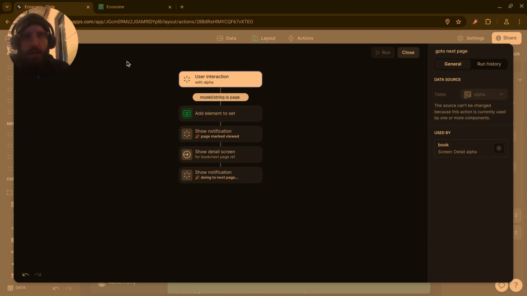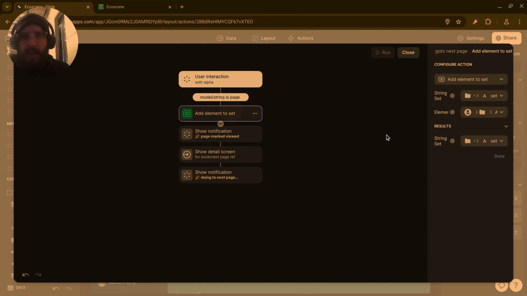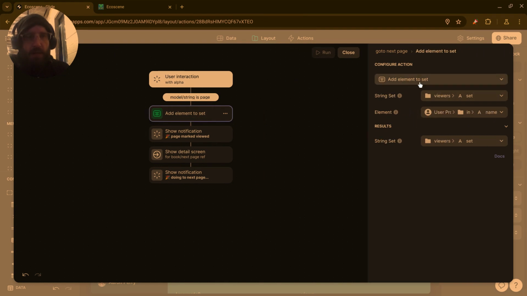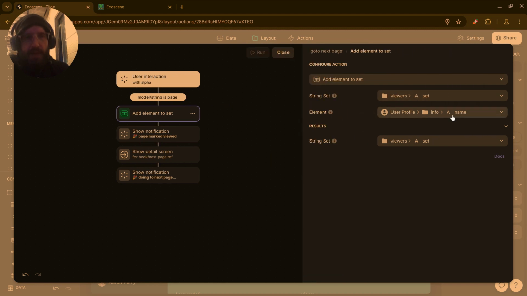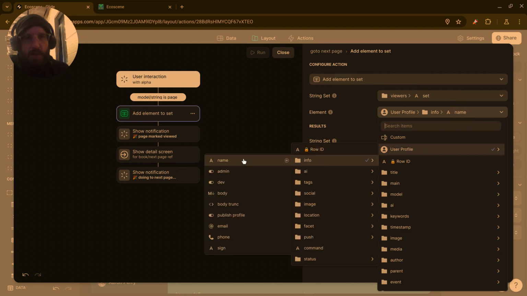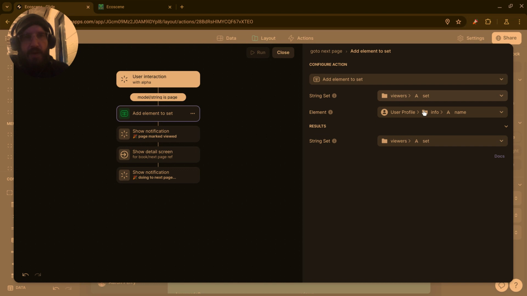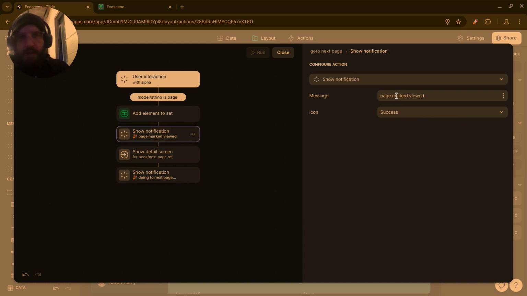So what are we doing? Going to the next page. So we add an element to the set for the current document that we're clicking on. So we're on the particular current page, and it says string set, add the viewers, take the viewer set, add the element of the user profile info name. This is where we can look up the info name. So basically take my name and add it to the viewer set, and then save it to the viewer set. So I'm just toggling my name back and forth on the viewers list. And I just wanted to show a notification just to mark that page marked viewed,